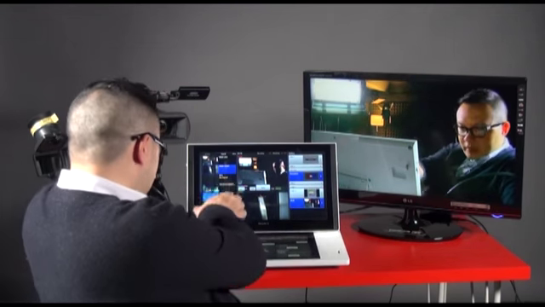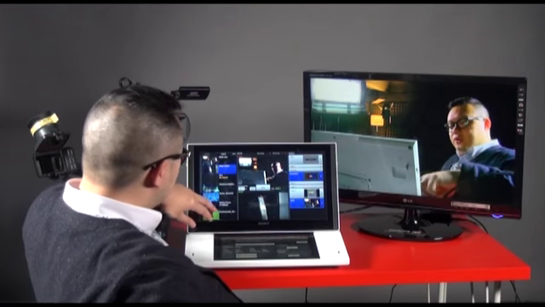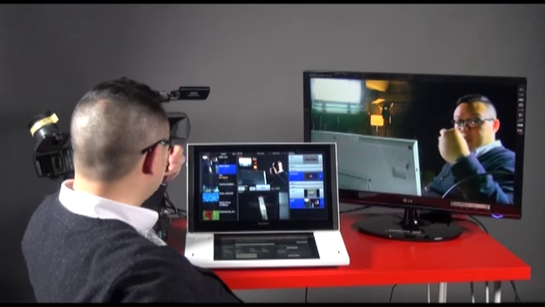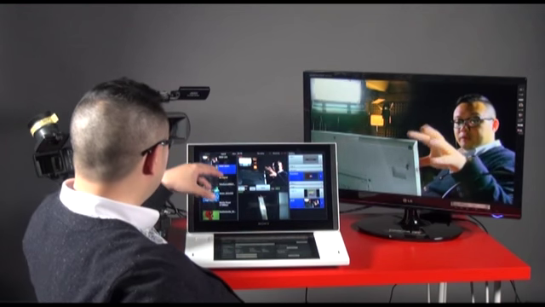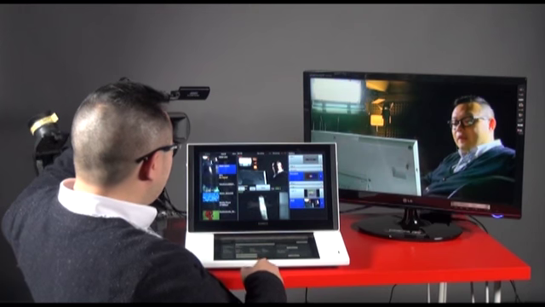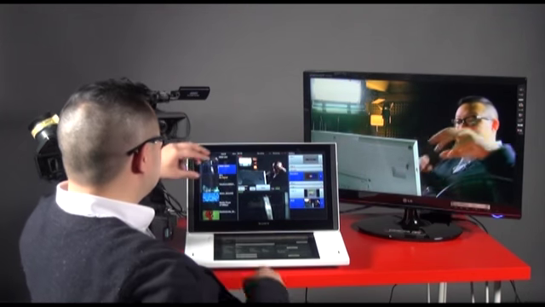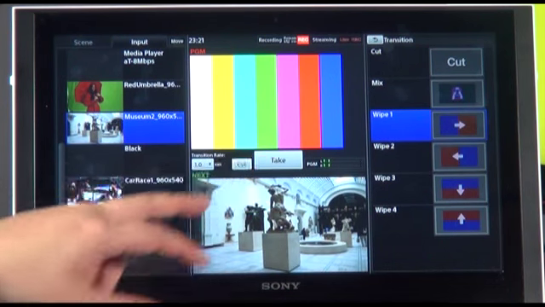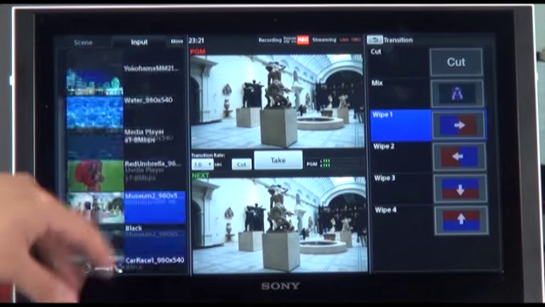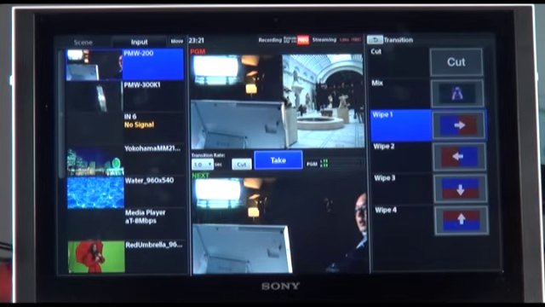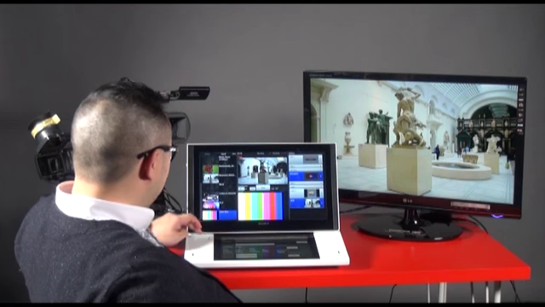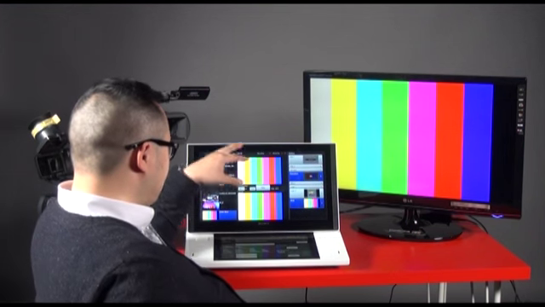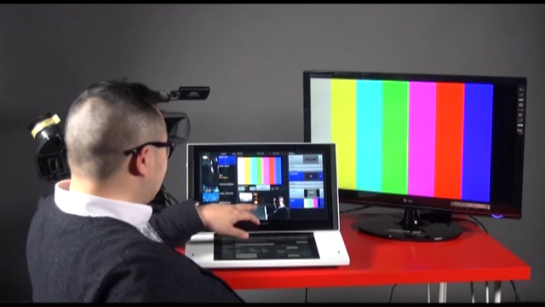On the left-hand side you have all the sources. For example, right now I have one source, the camera pointing at me, which is a PMW200, and the other one is the PMW300. These are the two live cameras. On the other hand, I also put in a lot of still footage, for example those photos, and then I can put on a color bar too. And then okay, so you see, this is actually the program, and also this is the